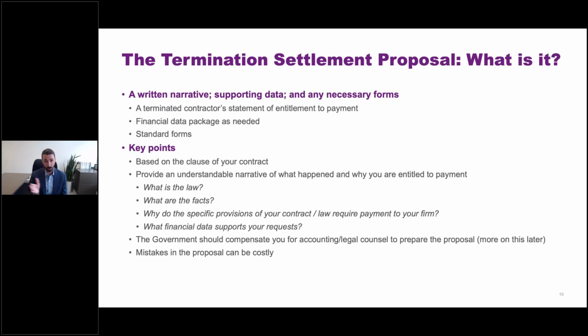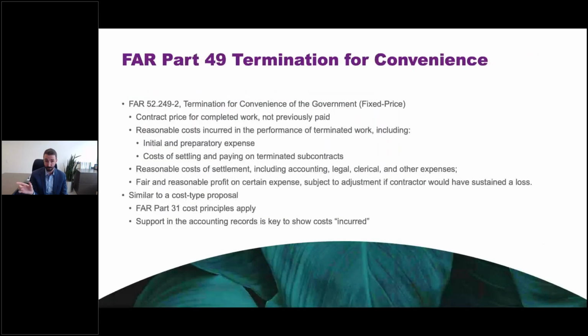If you have a commercial product or service contract, it's not necessarily cost-based. We got this at the very end. There's two prongs: the percentage of price for the percentage of work completed, plus reasonable charges resulting from a termination. Those reasonable charges are essentially costs, but they're just not subject to the FAR Part 31 cost principles. But again, bottom line, yeah, it effectively is like submitting a cost type proposal if a firm fixed price contract is terminated.